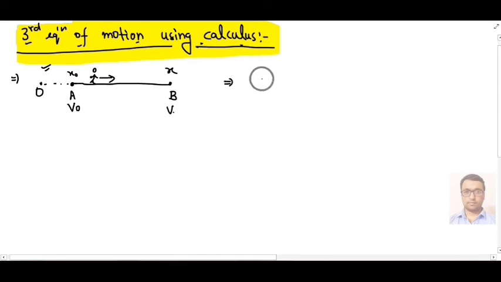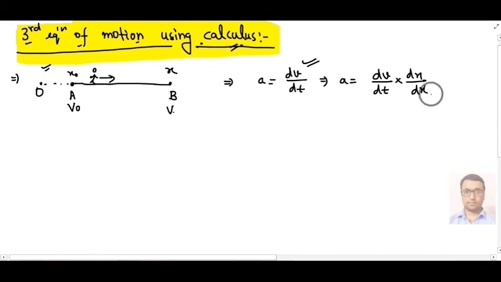So we know that acceleration is given by the formula dv over dt. We have to use this relation to prove our third equation by the calculus method. So we can write acceleration equal to dv over dt. Remember, we will multiply by dx and we will divide by dx, that is by displacement. Mathematically both can be cancelled out and it will have the same meaning. Then we will interchange these denominators together. So we will write acceleration equal to dv dx over dt.